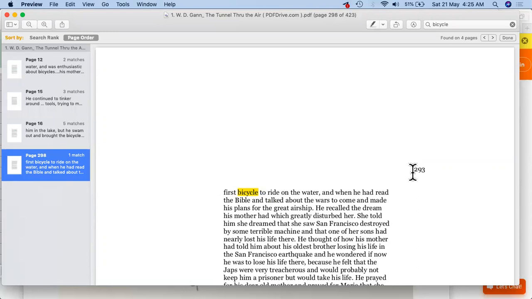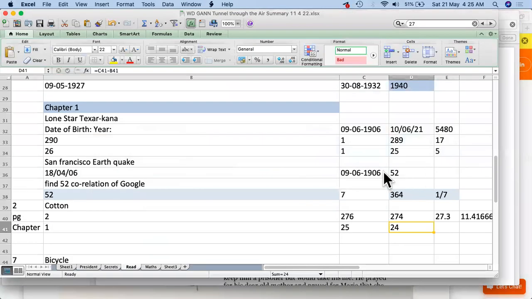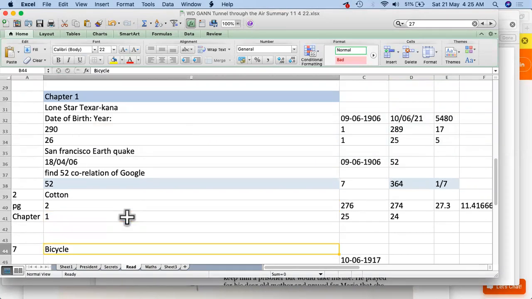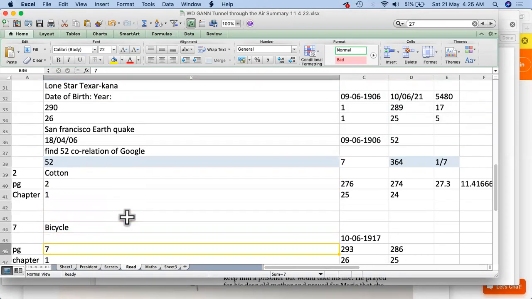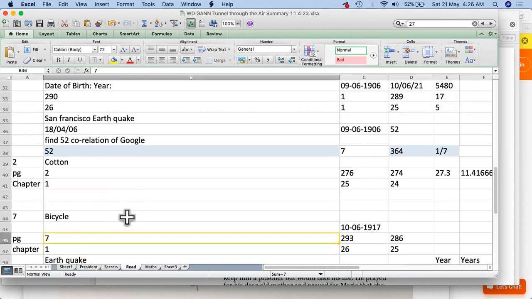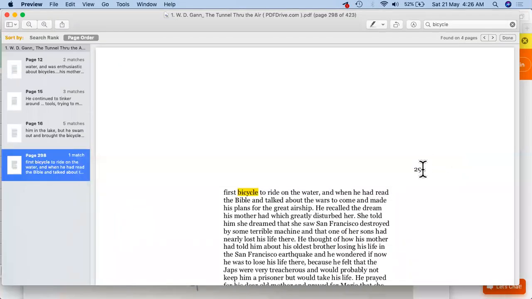Let's try to identify from page numbers, times, and other things if you are able to find some clues which are there, right? So cotton was first of all on, no, we were on bicycles. So bicycles for the first time we got it on page number 7, chapter 1, and for the second time on page number 293 that we saw. So it was 293,